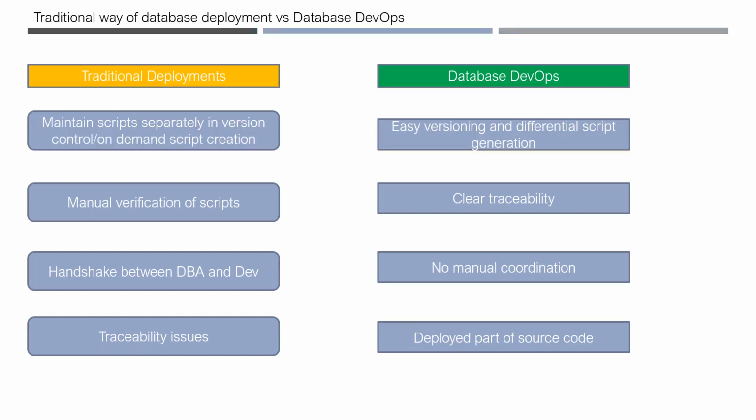Generally, even now as we speak, application releases and database releases are different. Some team does the application deployments, whether automated or non-automated, and some other team, like the DBAs, does the database deployment. They work in silos. There is no coordination.